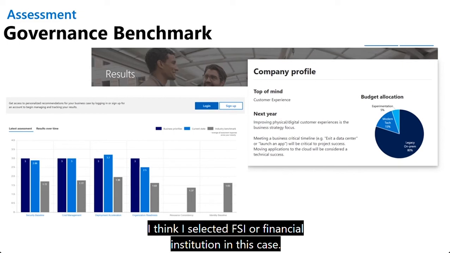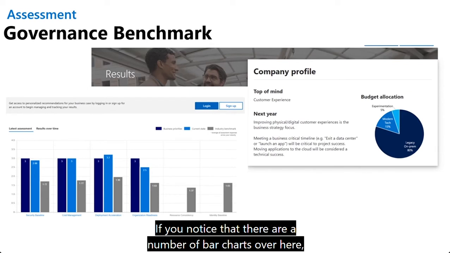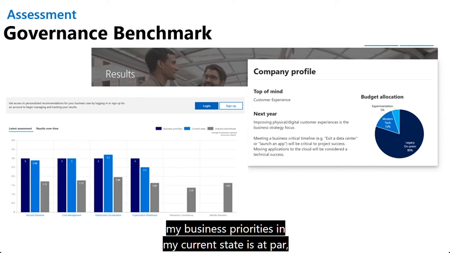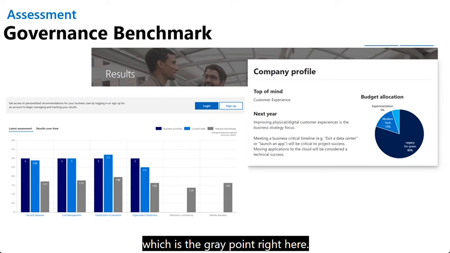In this case, I think I selected FSI, or financial institution. If you notice, there are a number of bar charts over here. It's telling me that my business priorities and my current state are at par, but I'm actually exceeding the industry benchmarks, which is the gray font right here.